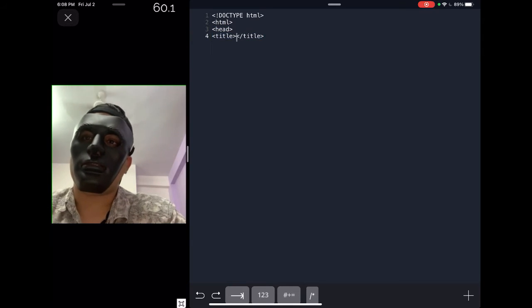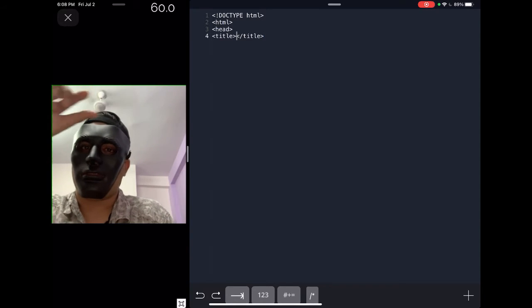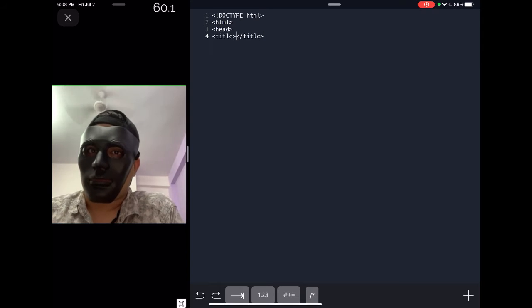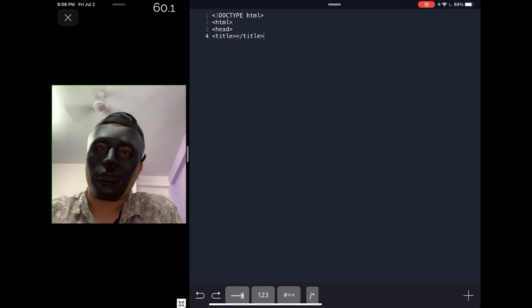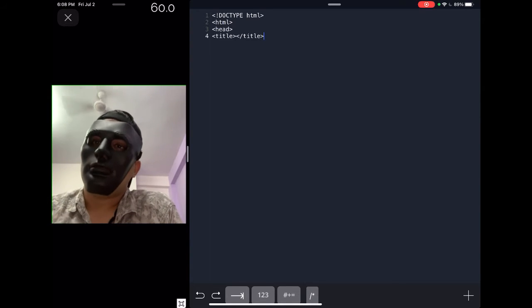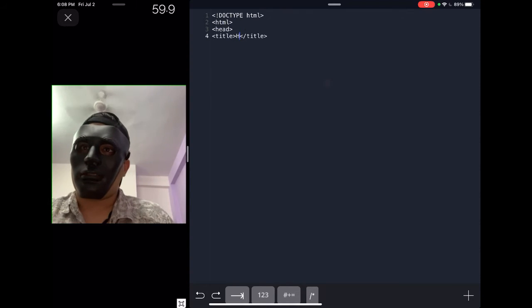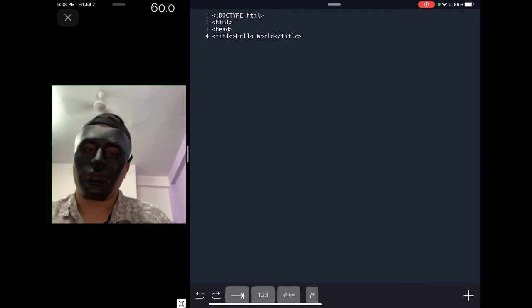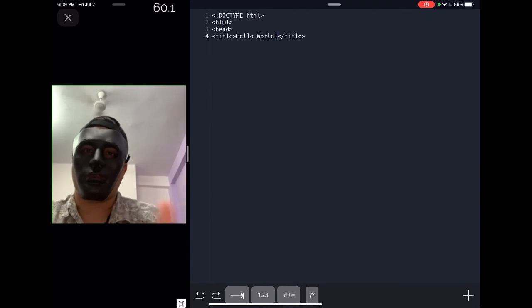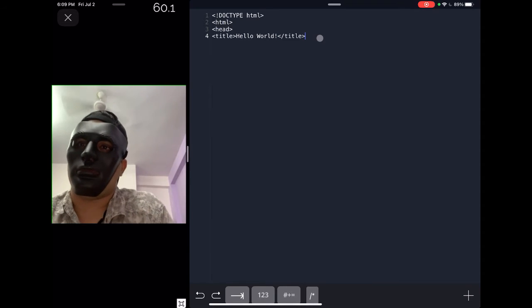Now title is what you see once you open a browser. Suppose you're using Google Chrome and you open facebook.com, and on the top you see Facebook written with some numbers which show your notifications, or if you're on messages it shows new messages. That is given through the title. Suppose for example we keep the title name as hello world, because that is the name of the file. It need not necessarily be the same as the file that you're using, so you can keep it as anything that you want.